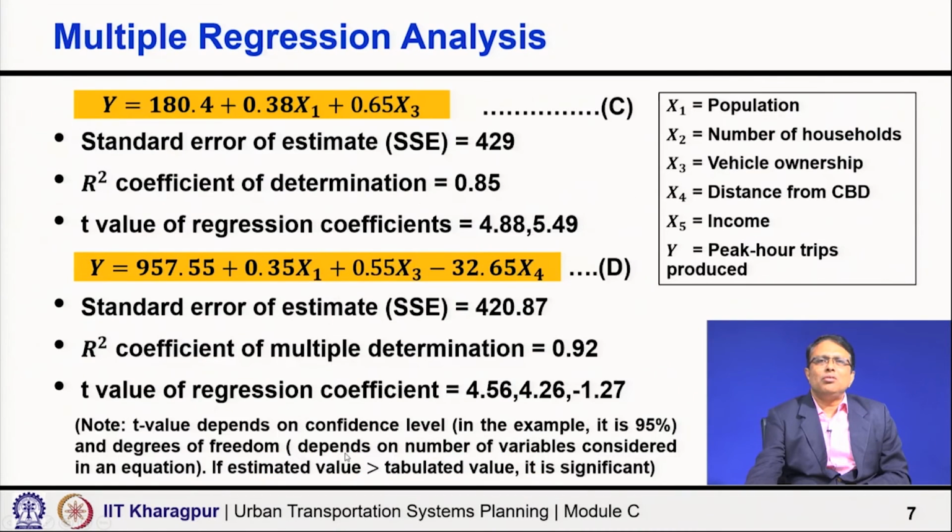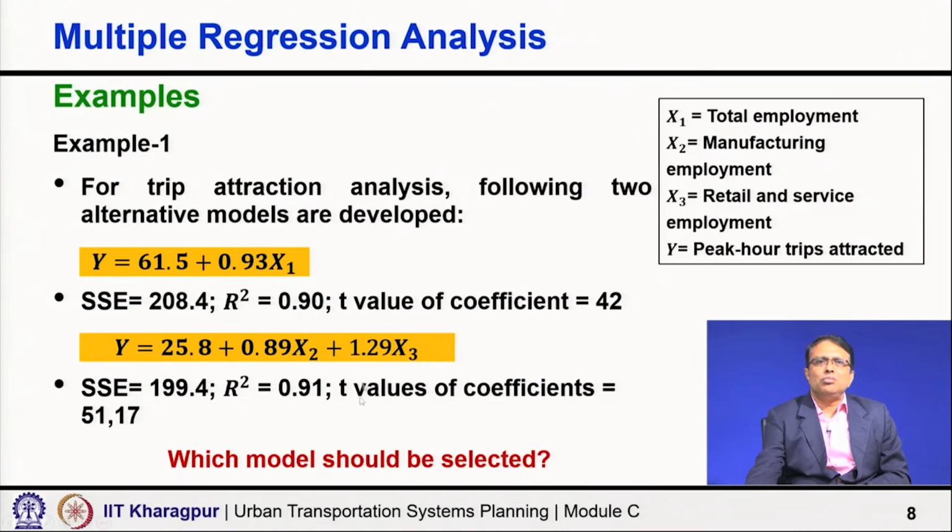So, which model to be selected? Both are very competitive models, you see. It is a very interesting example, because both models are competitive, both are good, both cases R square are the same, statistically significant coefficient estimates, and if you look at the peak hour trips attracted, the number of trips getting attracted in peak hour,